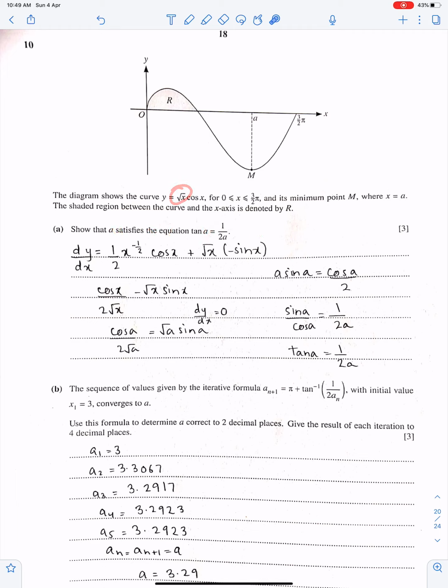So half, the student used it in this way: u prime v plus v prime u. This is u prime v, and this is u v prime. She used it in this way. It's all right because we have plus signs, so no problem. So the differential of under root x is 1 upon 2 root x. Cos x is here. Then copy under root x, and the differential of cos is minus sin x. Equate this to 0. So we have this thing.